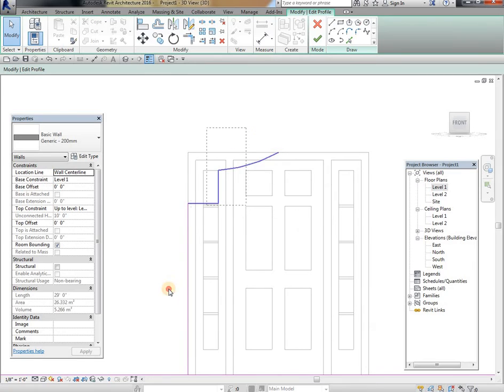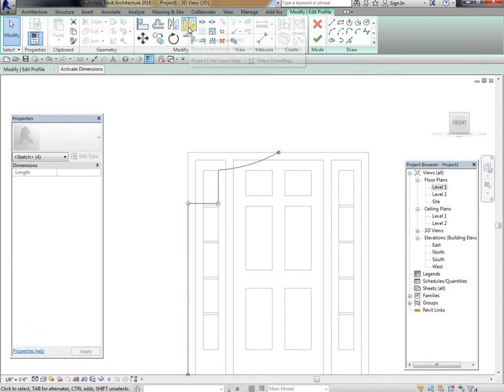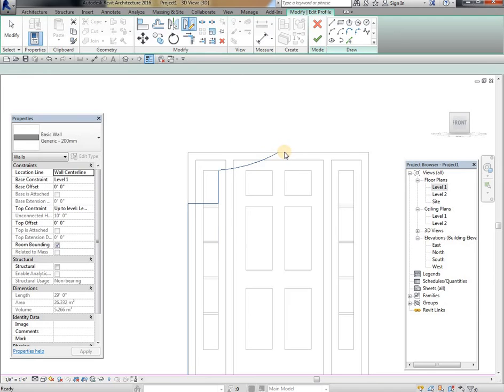Then I select this portion and draw a mirror axis. I draw the line over here.